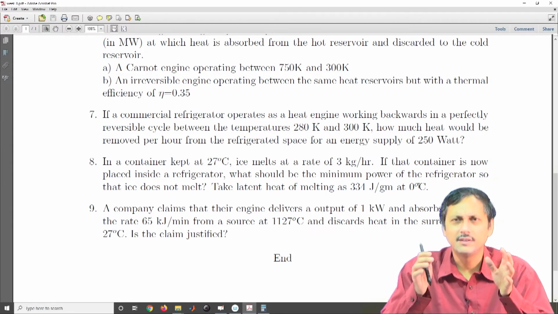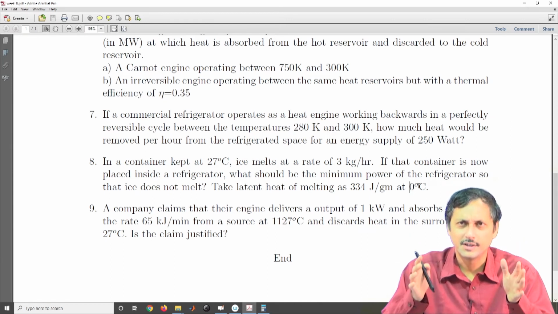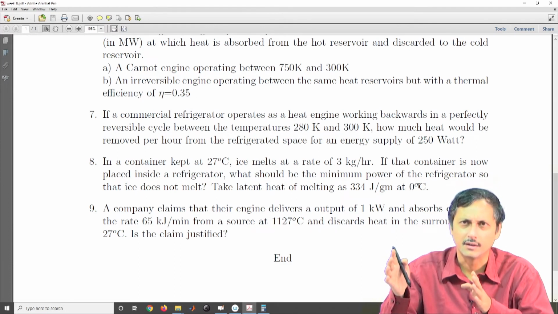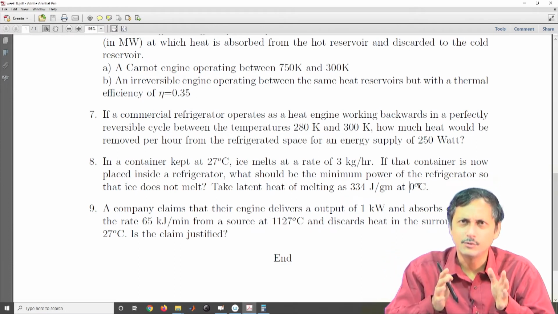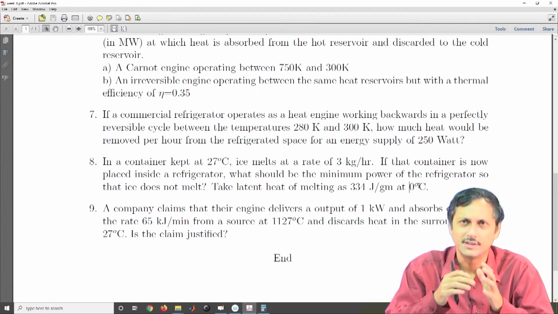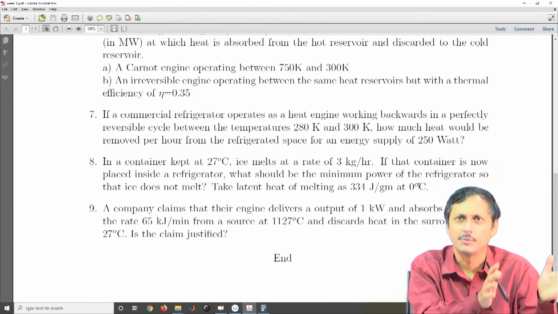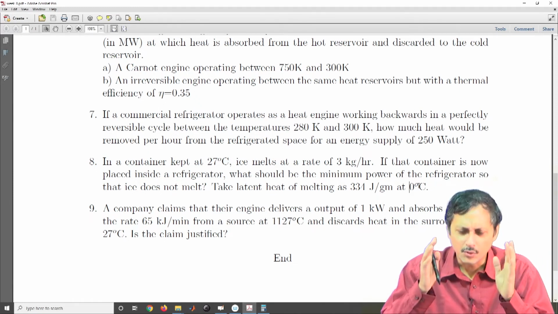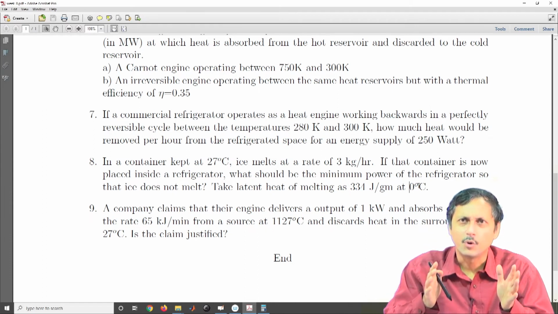So, the question is, basically we have a refrigerator where the outside temperature is 27 degree centigrade, which is once again 300 Kelvin, and inside we have a box of ice which melts at a rate of 3 kg per hour. So, if I just keep that box as it is in the open environment, every hour 3 kg of ice will melt, right. Now, we have to maintain that box at 0 degree centigrade, so that the ice does not